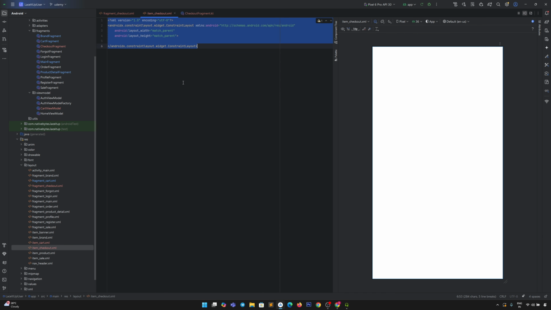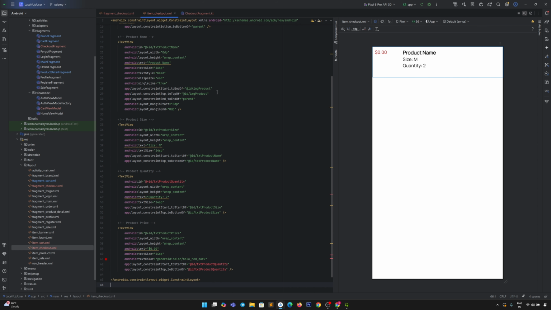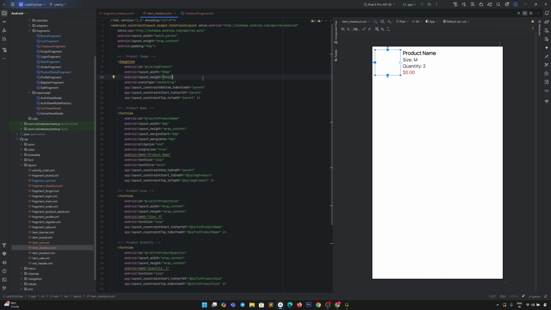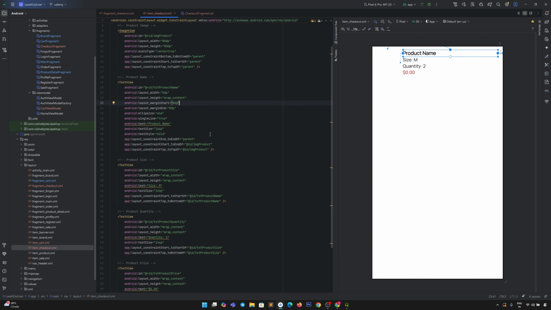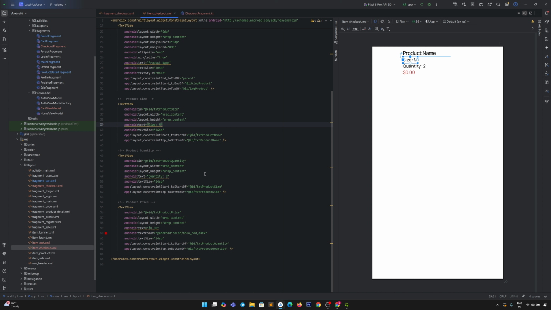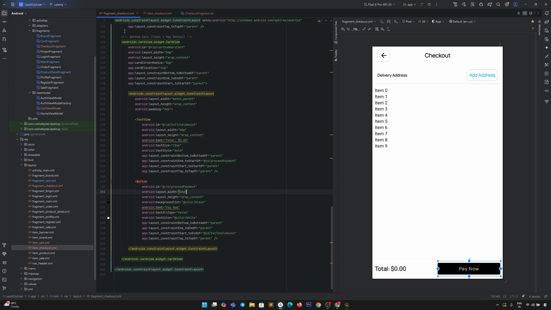Again I will replace this default logic with our actual logic of the item checkout. Now in item checkout we again use the constraint layout. Under this we have defined an image view which will show the product image, and then we define a text view which will show the product name, and then we have another text view which will show the product size. Then again we have another text view for product quantity, and then we have a product price. So this UI basically will appear in our checkout screen,